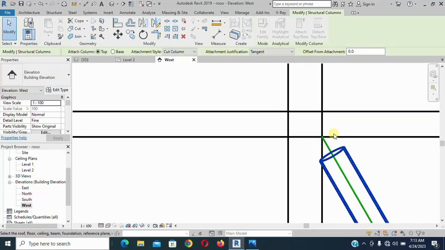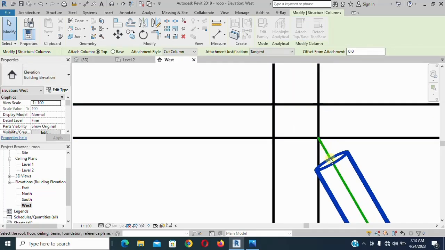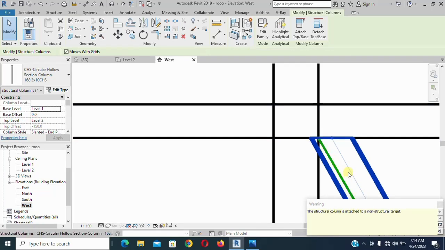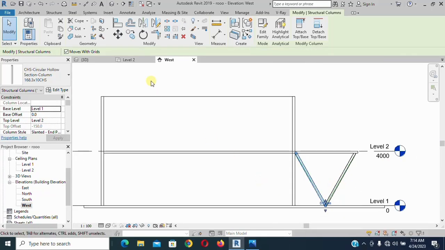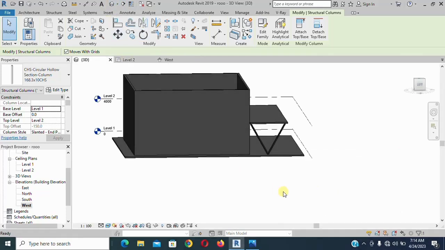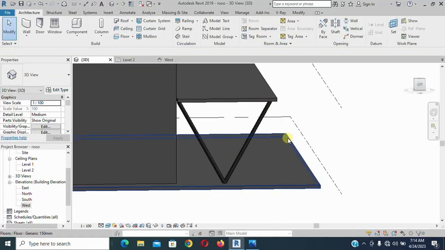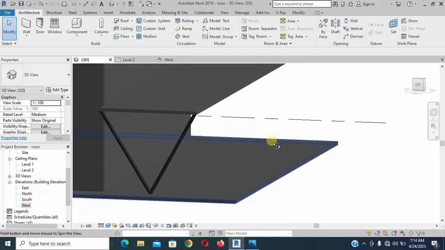That's one of the problems with connection. So attach top to base. So let's just click here. Yes, that's what we wanted. Okay, so you can see how it is. So let's look at it in 3D view. All right. So look at it here. Now, if you are using